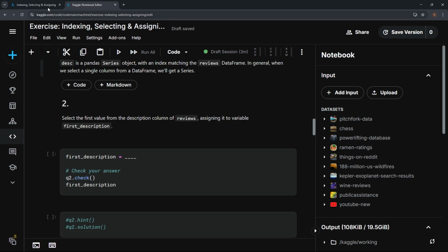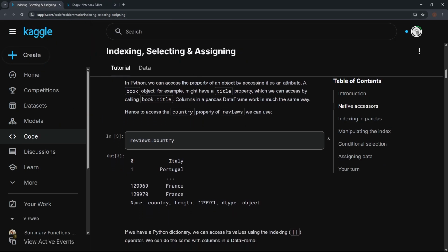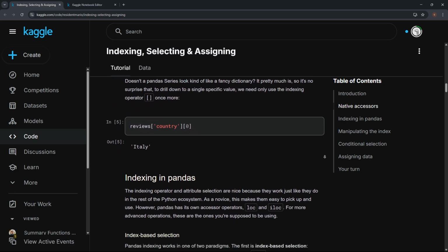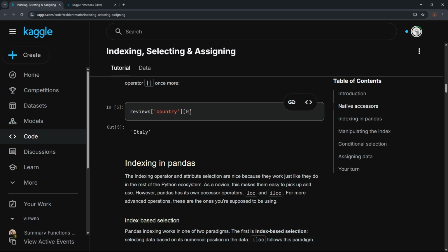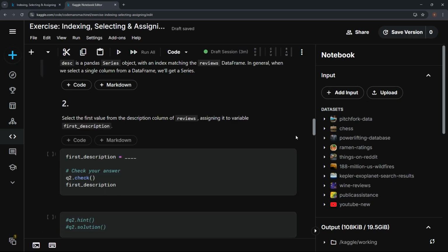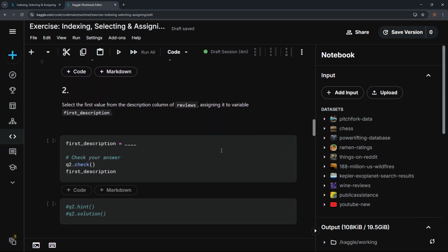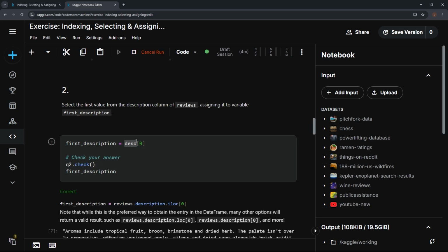So for this one, let's go look at what we did over here. Reviews country. Nope, that's this other way of doing things. We've got reviews country at 0, right? So we've already got this desc, which is reviews.description. So we can just say desc at 0, right? Let's see how that works. And it does, right? Except they wanted description.iloc at 0, but like I said,